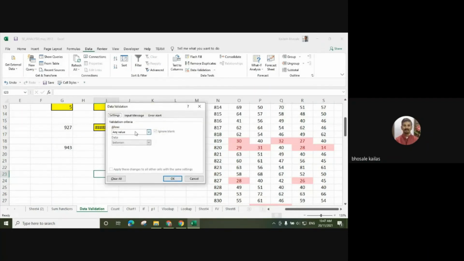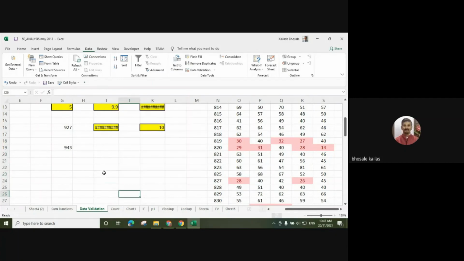So here it is asking what number you can use. Suppose in any cell I want to enter some values. I can give some restrictions to any cell, and the number should be a whole number between, suppose, 0 to 100.